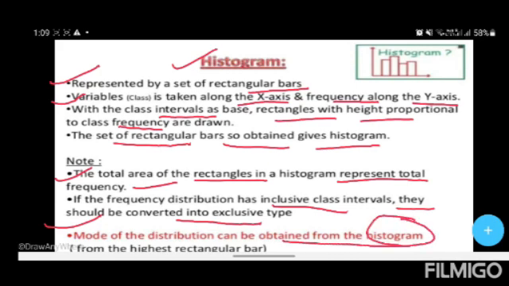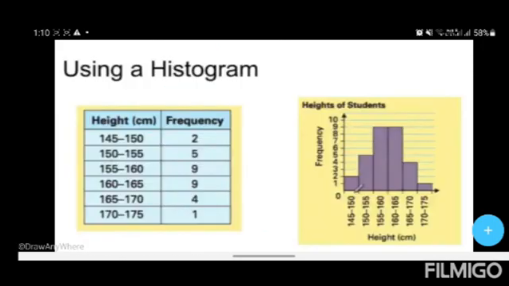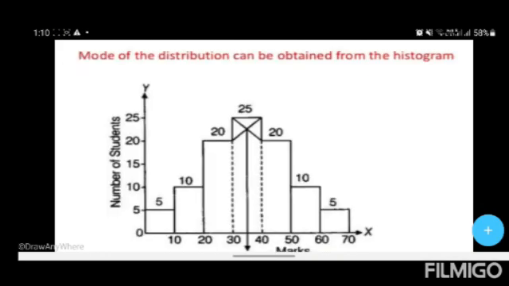It is important to note that the mode of the distribution can be obtained from the histogram. It could be asked also in the question papers. So you should always remember that the mode of the distribution can be obtained from the histogram. Here we have height of people in centimeters and frequency. We are measuring the height along the x-axis and frequency on the y-axis, and here we have the histogram as rectangular bars. And this is the mode